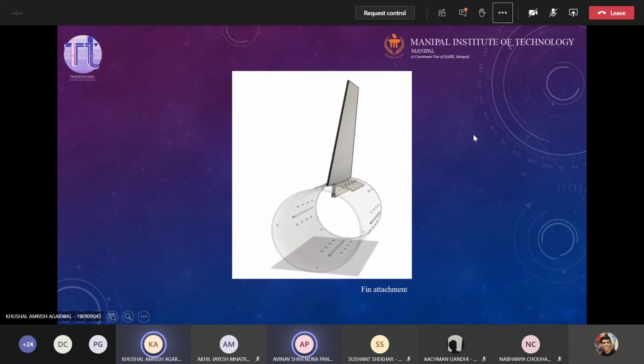There's a question in chat: how are they bolted from the inside? See, between the L-shaped clamps, you can see the slot. The fin extends a bit into the fuselage.